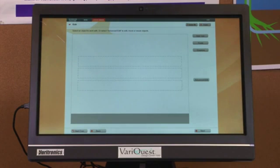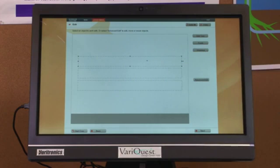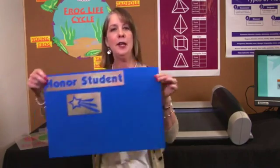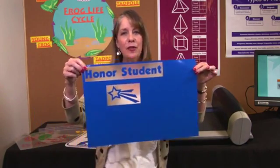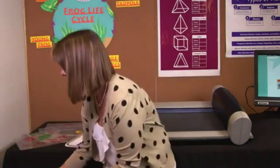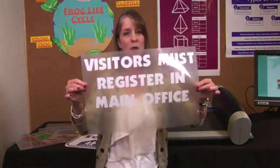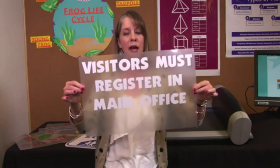Here I chose a template that has 3 text boxes. So I can tap on each individual text box, tap edit text, and populate those text boxes with whatever text I want containing that important school information. I have already cut it out, so I'm going to show you now what it looks like. Here's the Honor Student decal, which is ideal for mounting onto a locker or the back of a car window. And then here is the window lettering containing some very important school information, ideal for mounting on the outside of